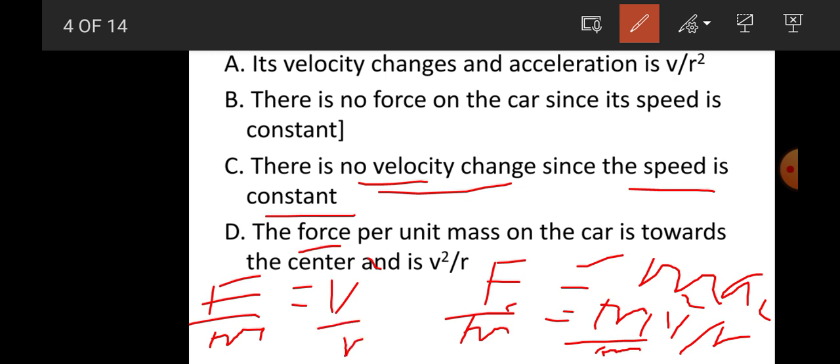Therefore force per unit mass ማለት force over mass ማለት ነው is equals to v square over r። ስለዚህ እዚህ ጋር ያገኘነው v square over r ስለሆነ the answer is